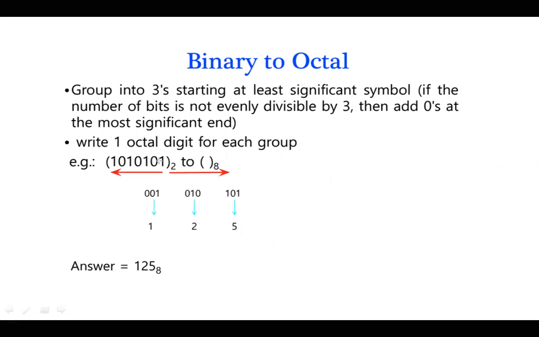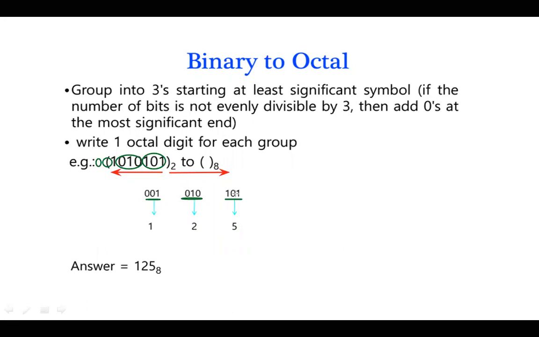You have to group from binary to octal 3 digits at a time. So for binary to octal, we are grouping 3 digits at a time. The first group I have, then the second one. In the third one, I have only one digit. So what should I do? I should write 2 zeros, because 1 and 001 mean the same thing. Now if I group, 001 is the first number, the second number will be 010, and the third number will be 101.